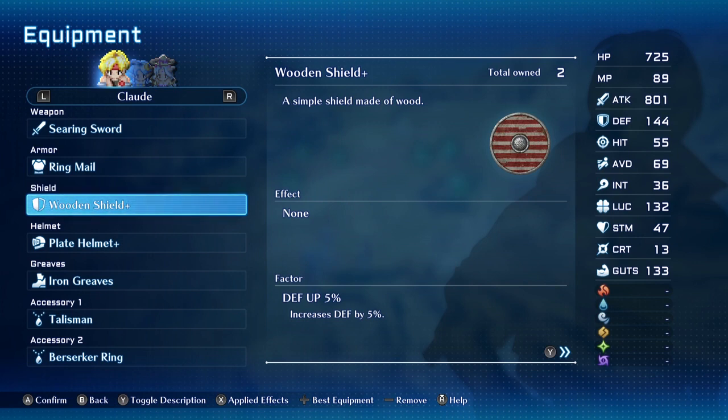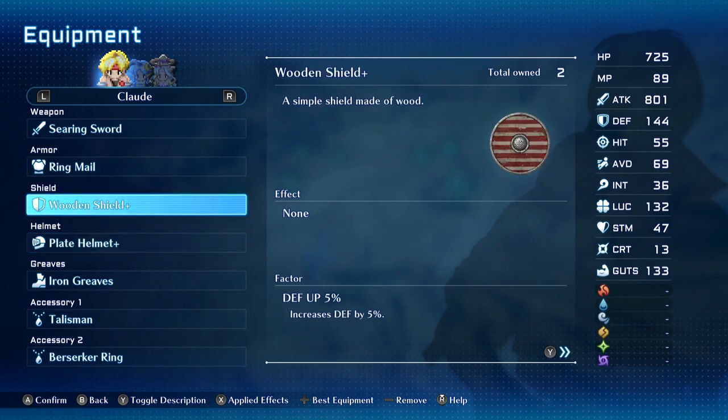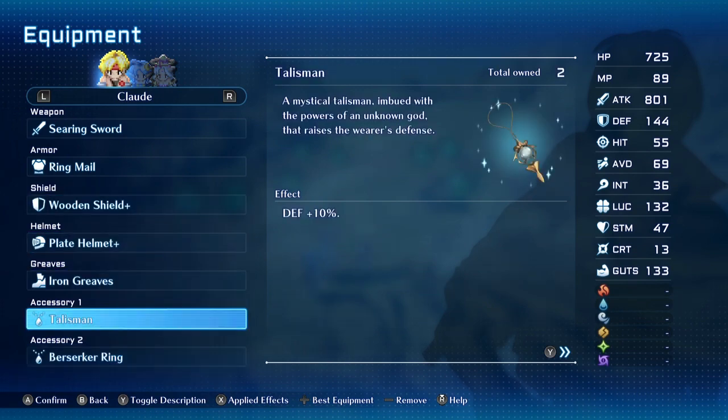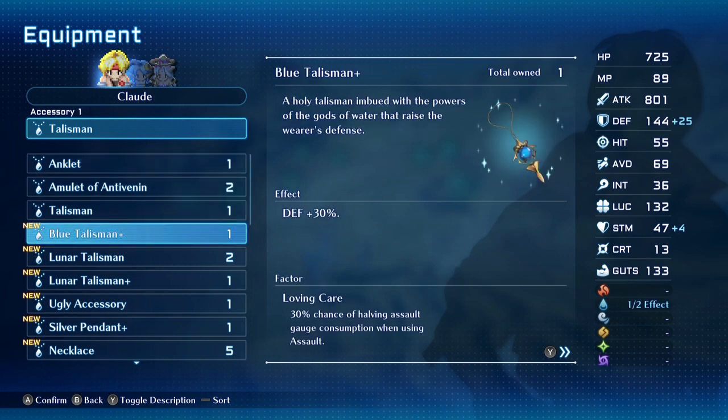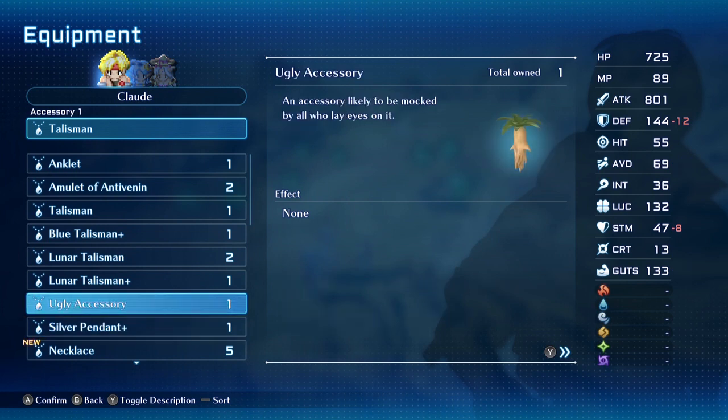And essentially there are just things that you can get, like critical heals or defense up 5%, or, I don't know, do we have something else here? I think we do have 30% of having a soul gauge consumption when using assault, or Warcry. This is rare because it's yellow. Stats increase with every successive battle in the chain, so as you can see, you get some additional things that they do. And remaking allows you to either add one to an item that doesn't have any, or just re-roll